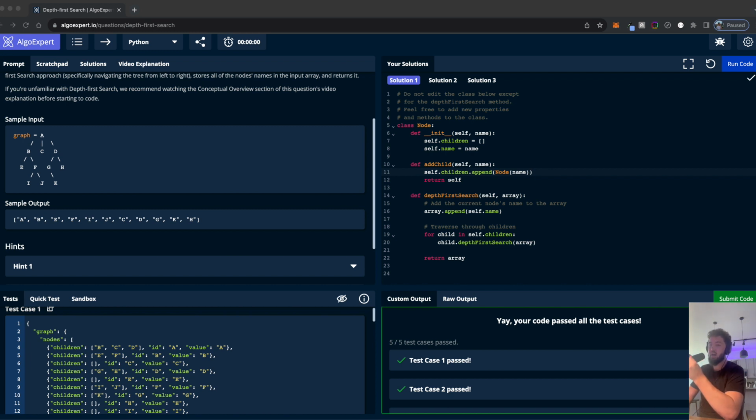For each child node, okay guys, so I think what it does, it goes to A first, goes to the children, and it says, okay, I'm going to go to B real quick. Let's go to B, hops over to B, and then explores E, then F, and then it's going to pop back up to C. So then it goes down to the C value. It explores the children here.